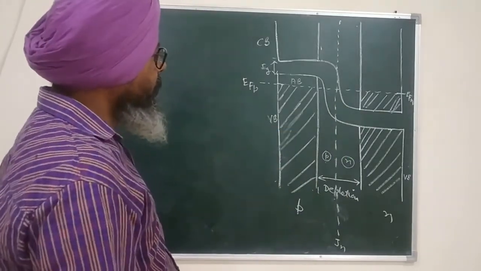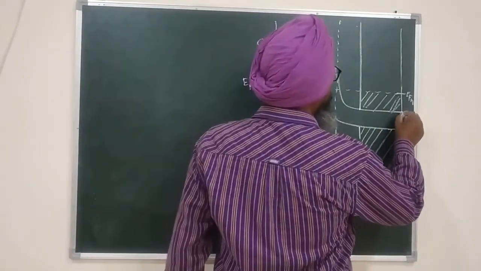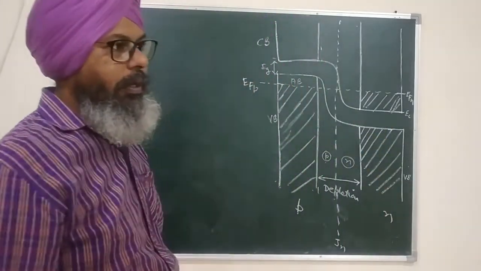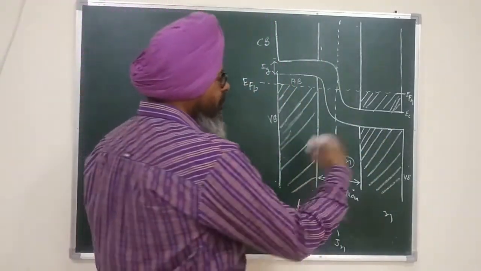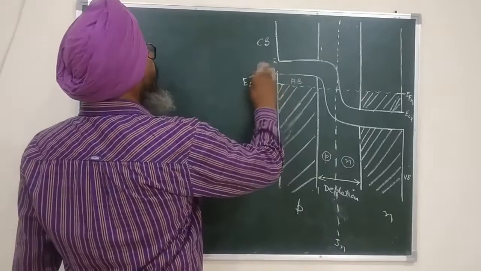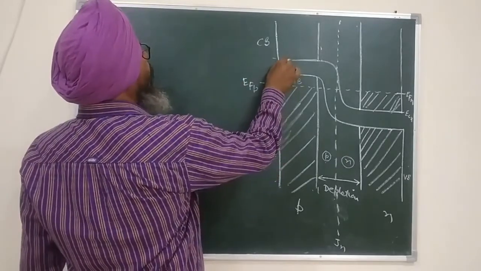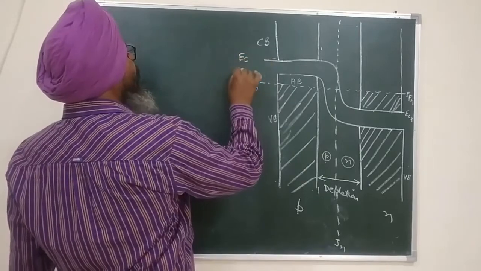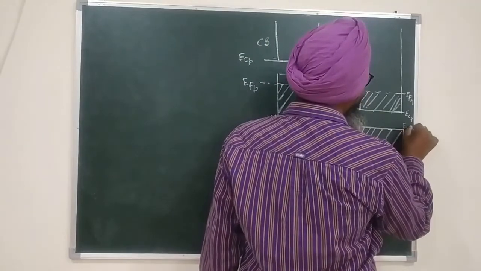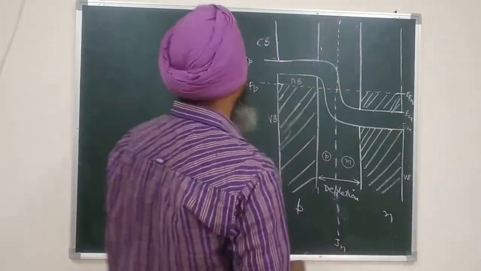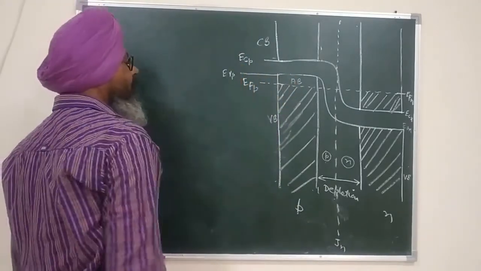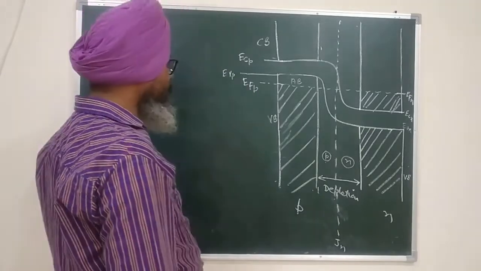This diagram is still not complete. Now look at this. If I call this EC, EC stands for the energy of the bottom edge of the conduction band. Since this is n-type material, I will use a further subscript N here. I do not need to discuss the energy gap, so I am going to erase it. This is therefore ECP, the energy of the conduction band toward the P side. Similarly, this is EVN, the energy of the valence band toward the N side. And this is EVP, the energy of the valence band toward the P side.